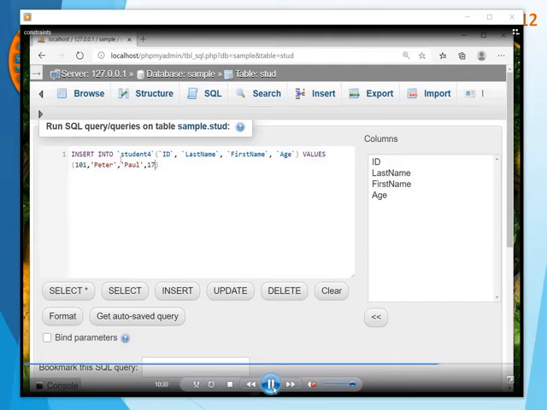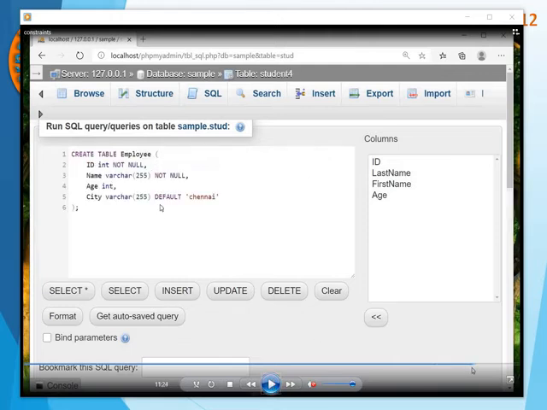Now, another constraint is default. See here a table with employee ID, name, age and city. City default value is Chennai. So what is the use of a default value? If we leave the field city without giving a value, it will take the default value as Chennai.